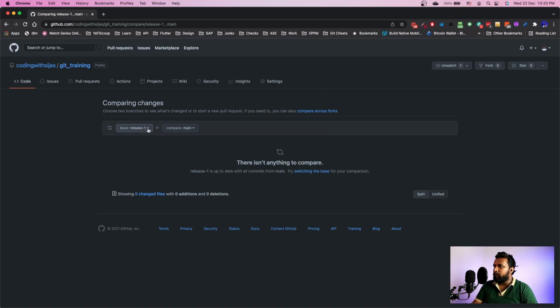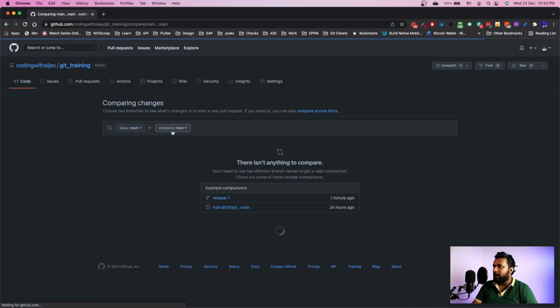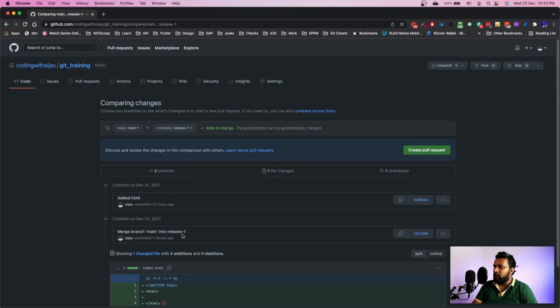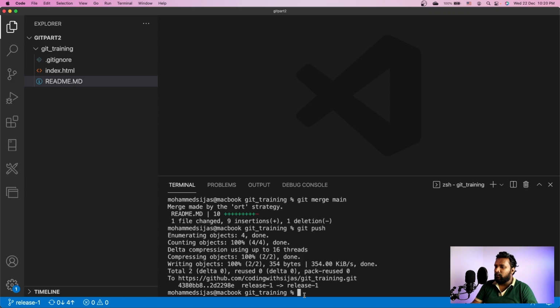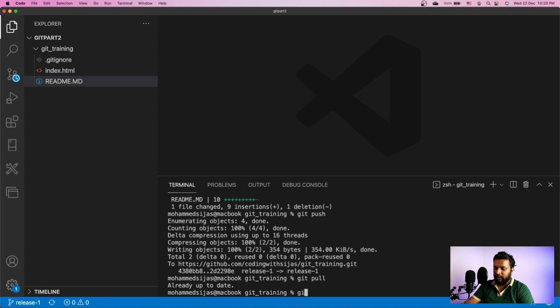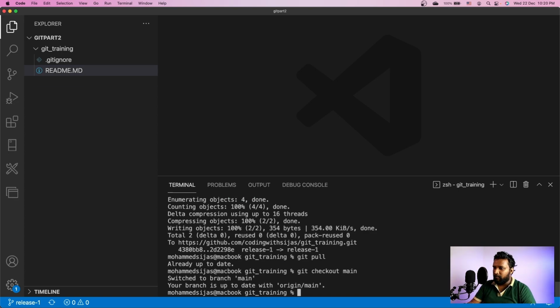If I do the opposite, I select the main branch here and compare with release 1, you see there is one additional HTML file. For that, all I need to do is git pull, just to make sure I have the local branch updated. Nothing there. So git checkout main. I have the main branch here.